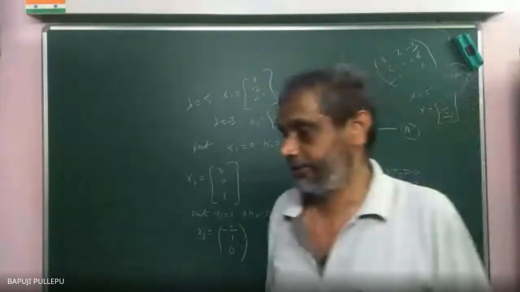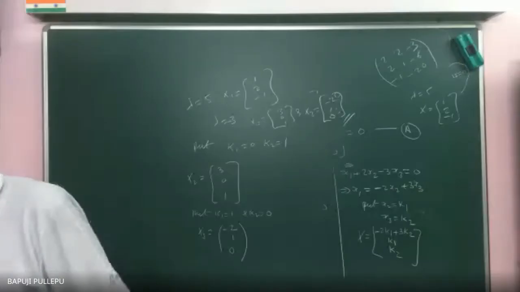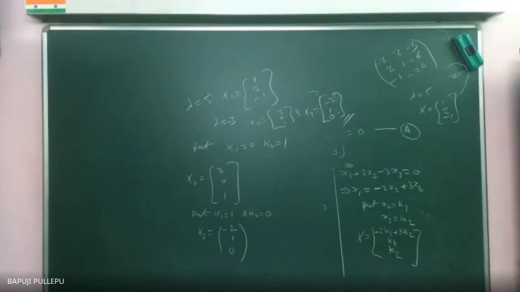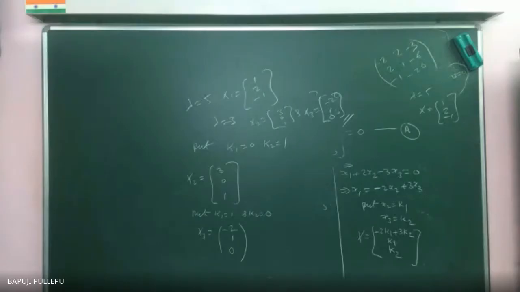Copy down fast. Sir, yes, tell me. Sir, if we have two or three same eigenvalues, then we will have infinite eigenvectors. What? If we have the same eigenvalues, then we will have infinite eigenvectors. No. That's why I am finding these different values in the non-trivial solutions. Copy down.